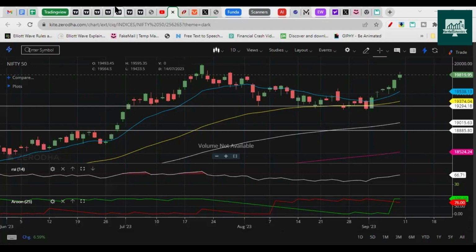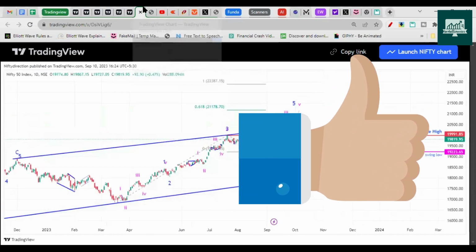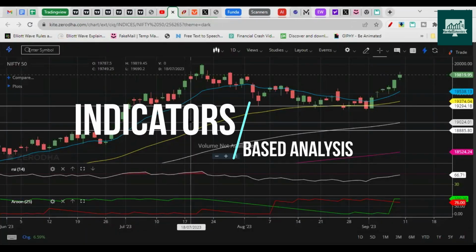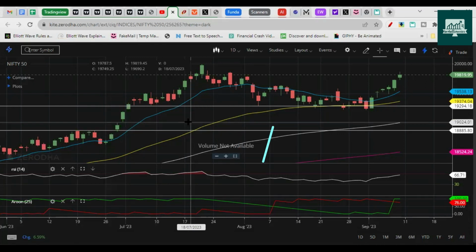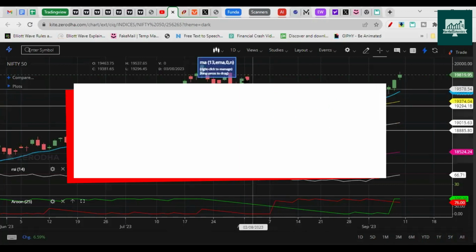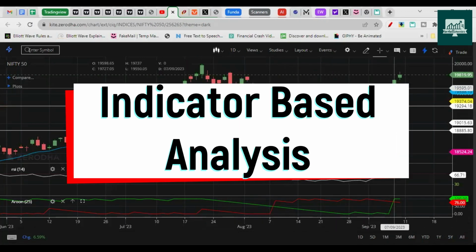We will discuss these couple of Elliott Wave charts and understand Nifty's move. But first, we'll discuss the move with price action indicators. Then we'll check the Elliott Wave analysis. So let's get started. In price action indicators, you can see clearly Nifty is well above all short-term moving averages,